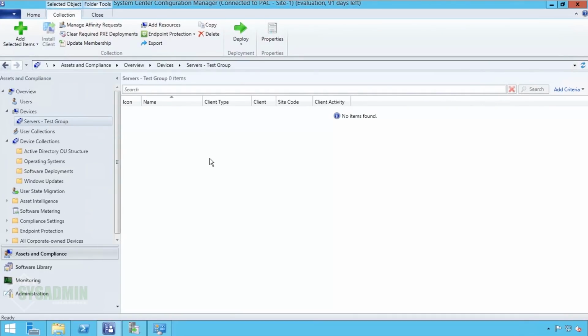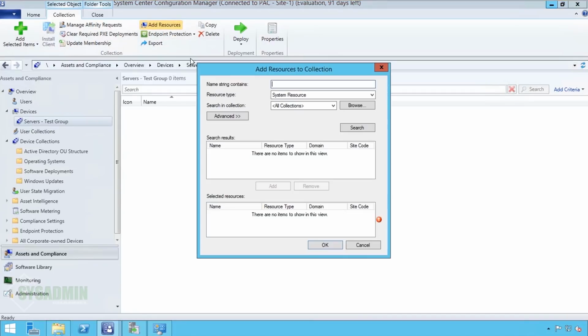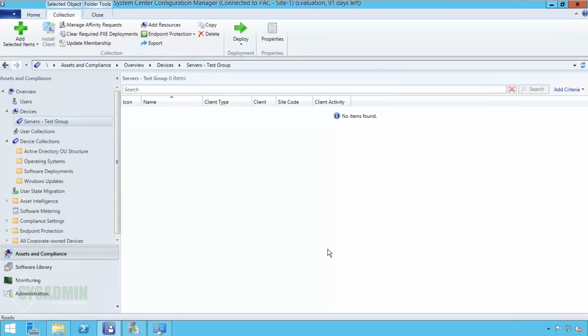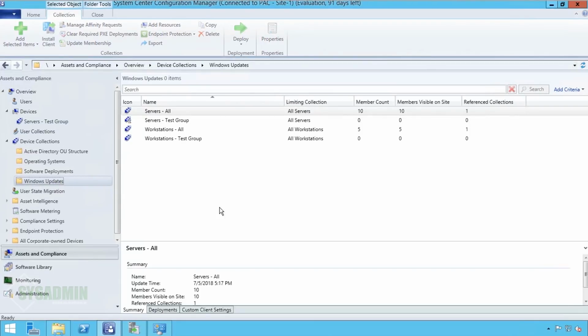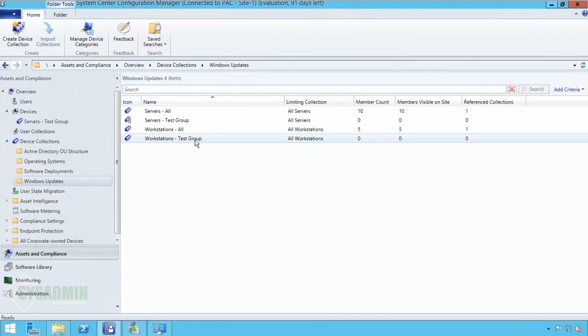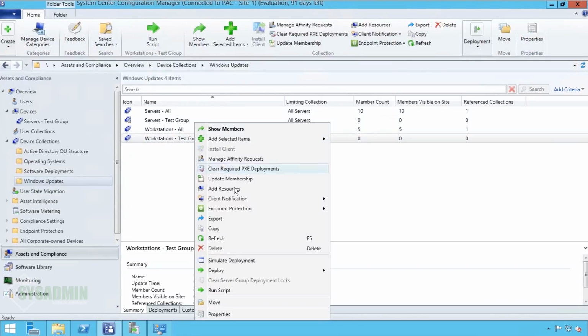So I'll first start with my servers test group and add a resource. And here I'm just going to add two servers, two file servers that I have in my lab, FS01 and FS02. Okay, and then we'll go back into the Windows Updates folder, and then we'll add devices for the workstation